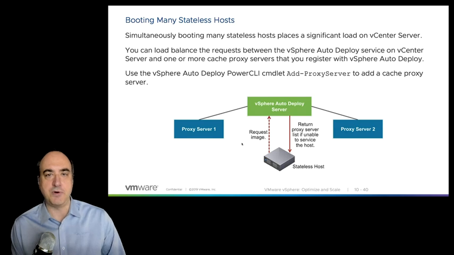And then you will have to take the TFTP zip file that you download and usually place on the autodeploy server, download another copy down to these hosts, and edit the boot file so that the boot file is actually pointing to that host, because normally the boot file points to vCenter. Open up the proxy boot file and just make sure it's got the IP address of your proxy host. And then also just make sure that the